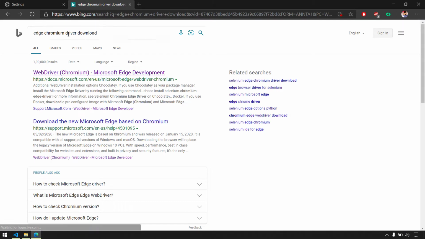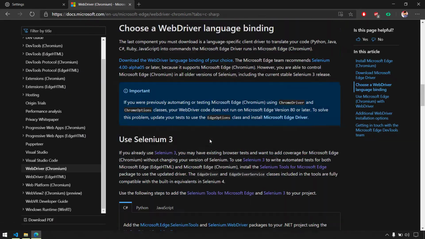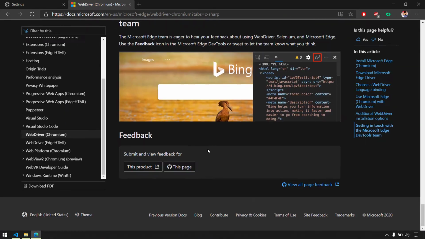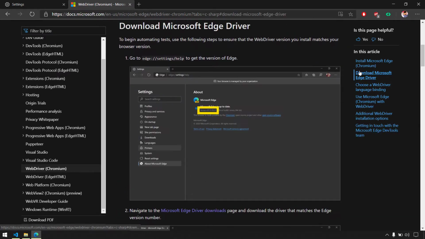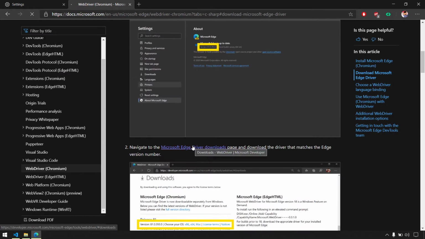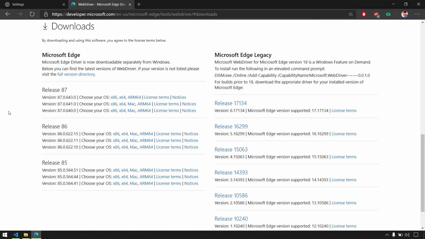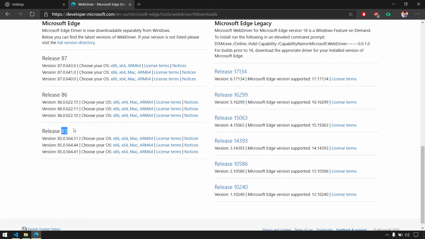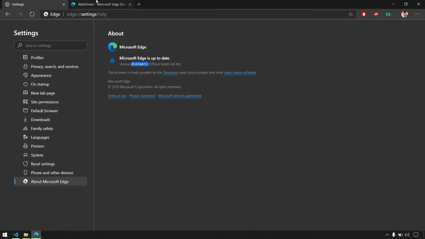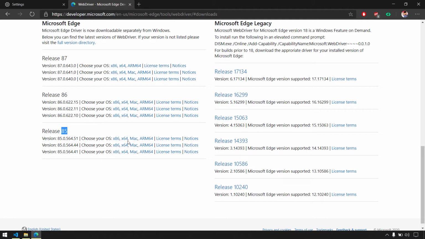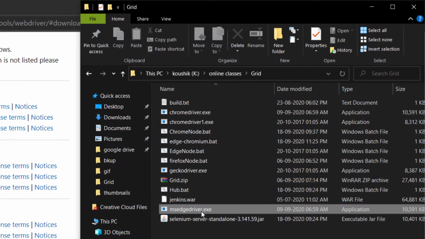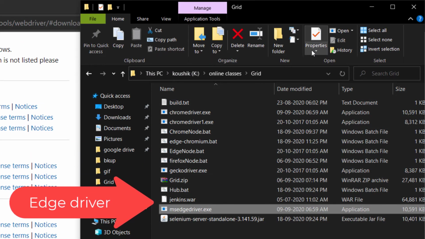So go to Google and type Edge Chromium driver download and go to this particular link. And here we have to download the driver. Just click on this link here. I will leave a link in the description, you can take it from there directly. And here we have to take this 85, because of course our browser is also version 85. Based on the major version, that should work fine. So just click on x86 or x64 or Mac based on your operating system. I have already downloaded the file, and make sure you keep that along with your grid hub and node file.